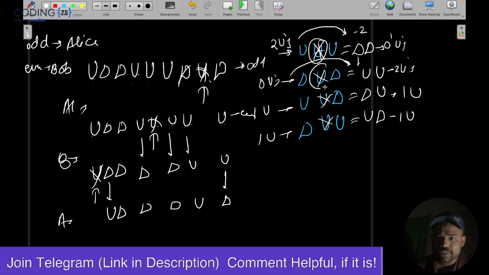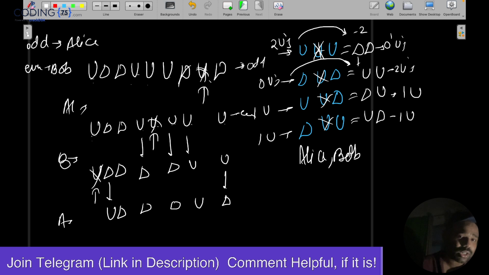This U is also going, guys. So this one permanent U is going, if you will see. This U is going, but this U is going for both: one U in Alice's turn and one U in Bob's turn. So when Alice will again have a turn, it will have the same number of U's, meaning the same parity of U's, either odd or even.